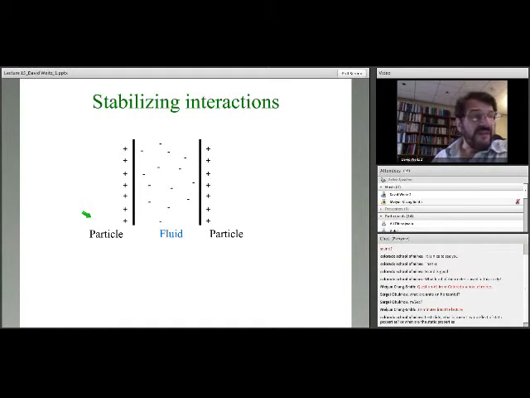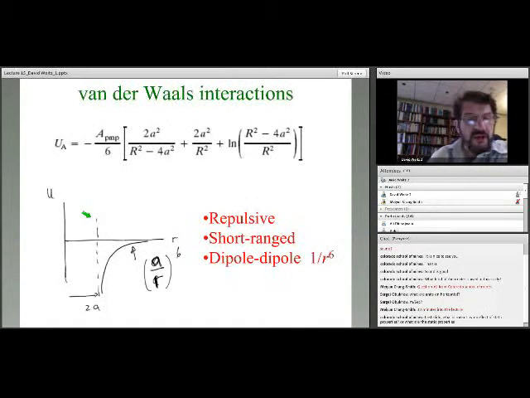But if you just have a dipole interaction and a hard-sphere interaction, you have this type of interaction shown here, and this is like having an attractive well. They can't penetrate more than this line here, but there's an attractive well here, and if this attractive well is fairly deep compared to kT,